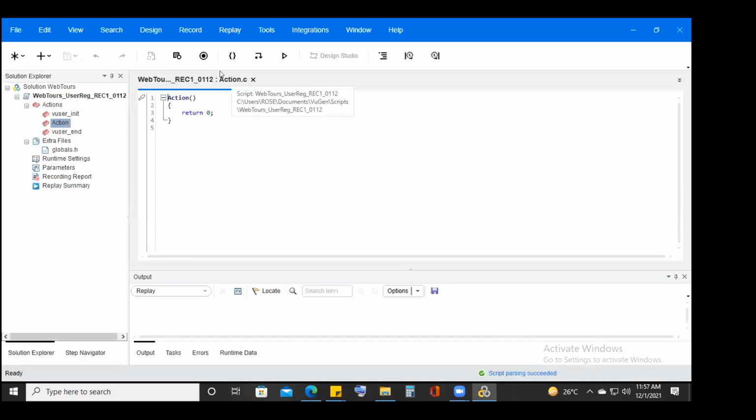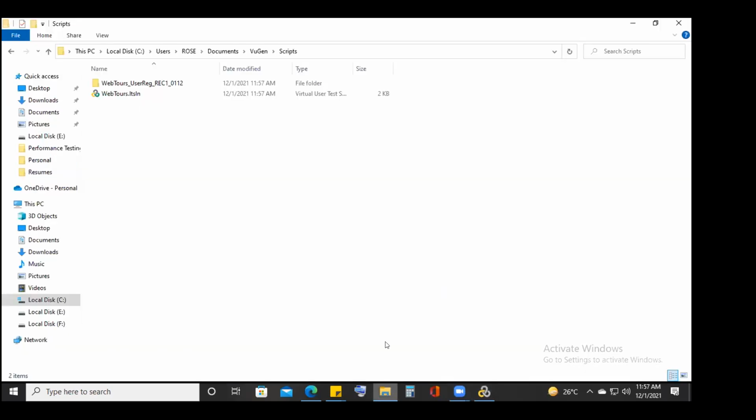Once you give me access, please. Can you go to that folder? Yeah. Virtual user test solution, right? So this file extension is LTSLN. Okay,